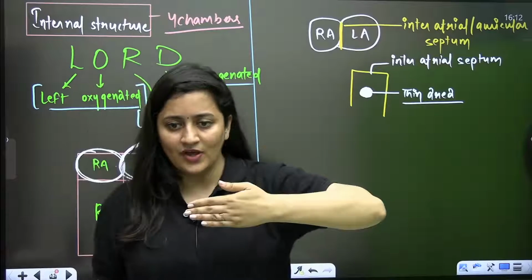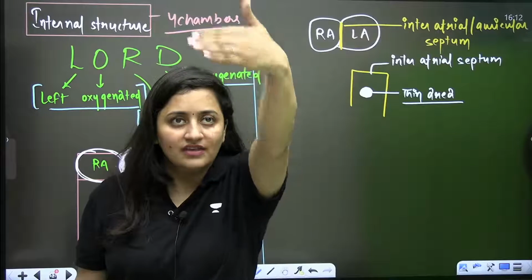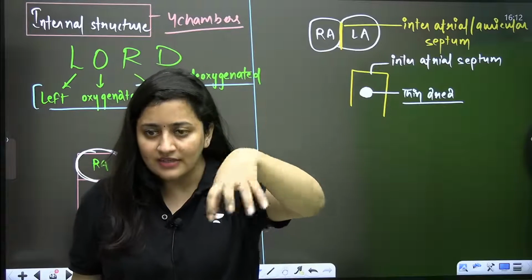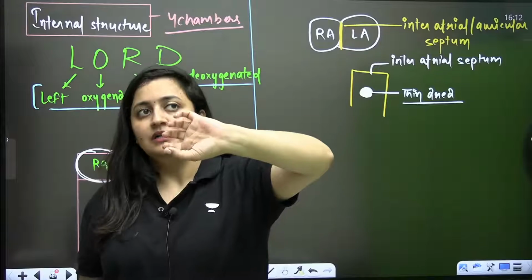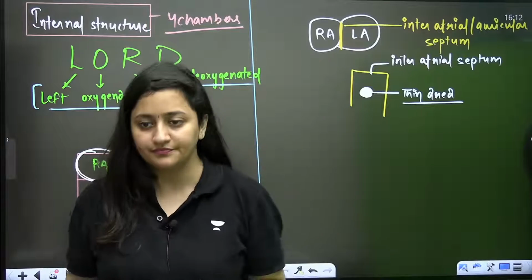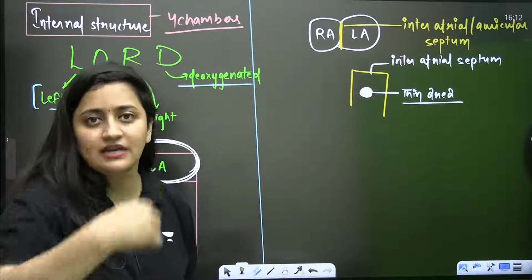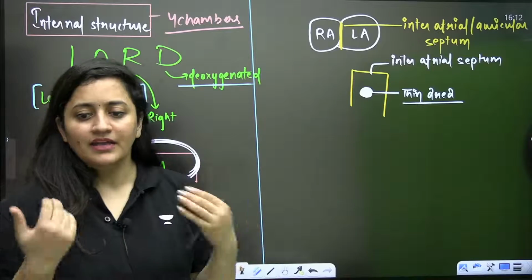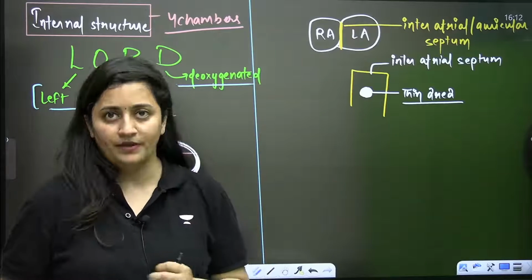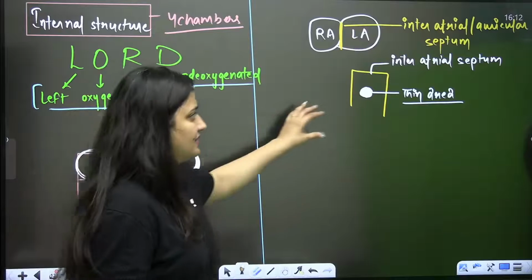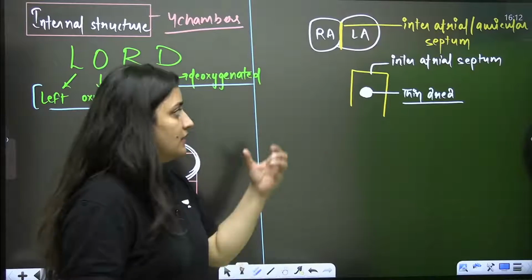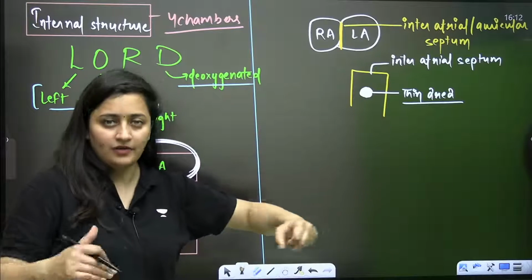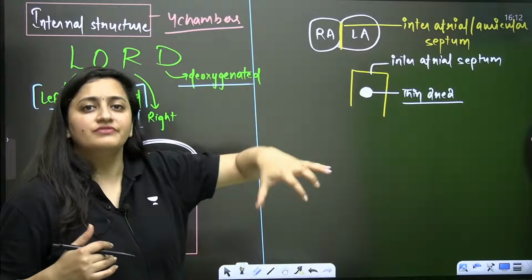Let's say this is one room and there is the next room, and there is a wall in between. There is a kind of door or a window that is serving as a connection. It's my will: I want to close it or open it. Now, here there is nothing like a window, but during embryonic development of this heart,